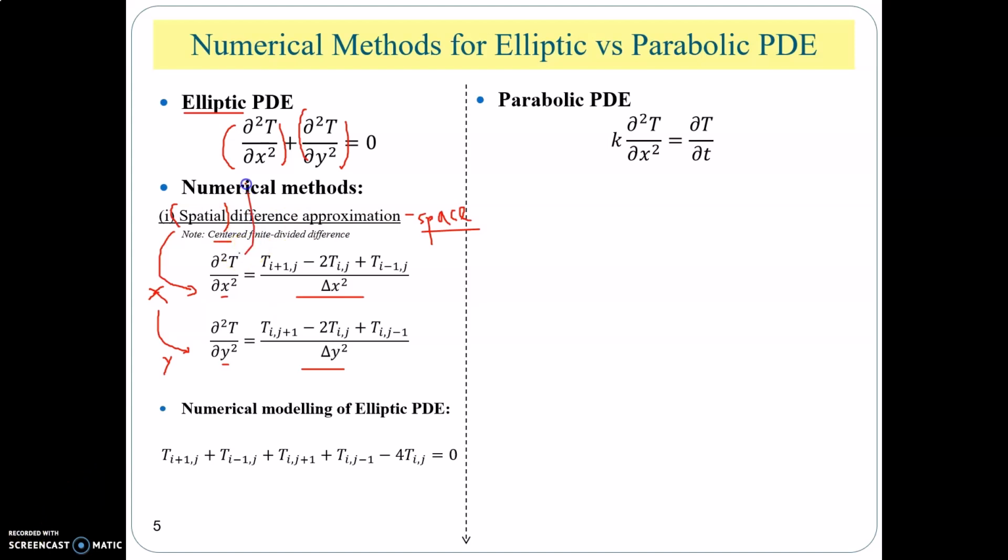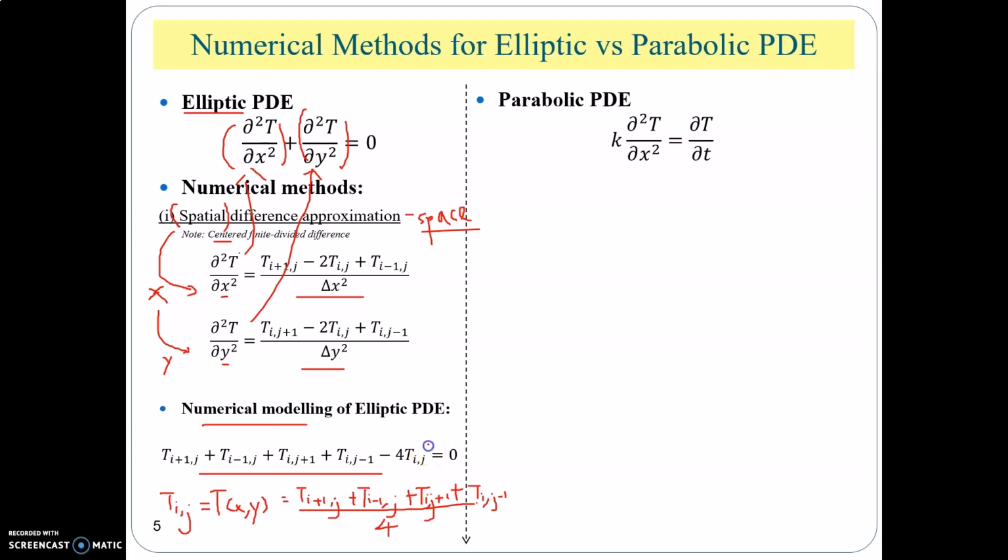By substituting this finite difference equation inside the original formula, you should be able to numerically model the elliptic PDE and obtain this equation. And you can rearrange it so that Tij is equal to this. In fact, your Tij is equal to the temperature at the coordinate x and y,